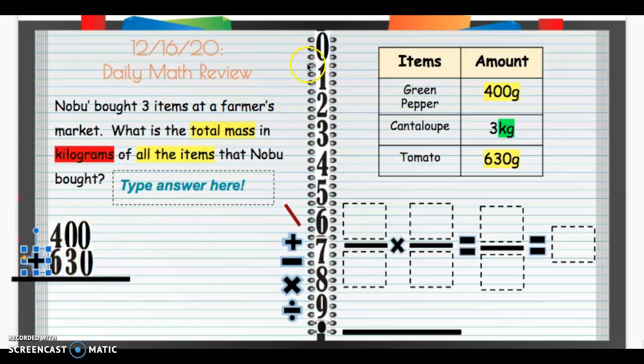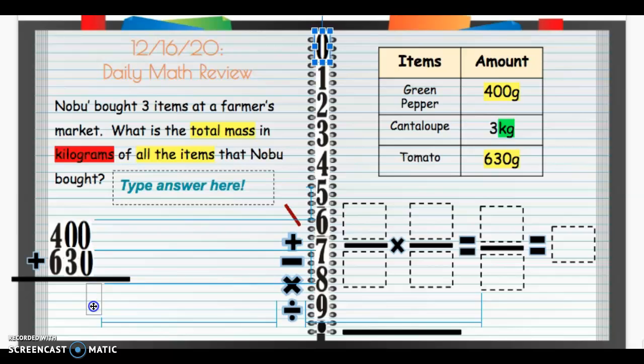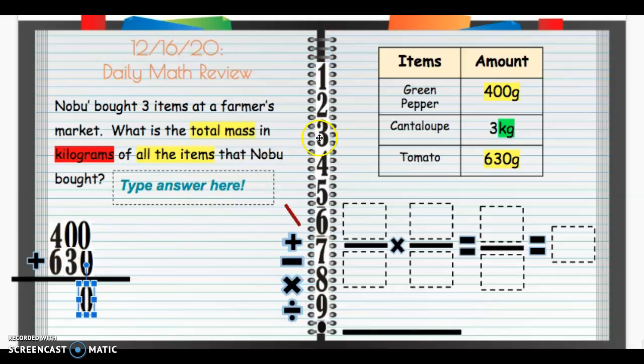0 plus 0 is 0. 0 plus 3 is 3. 4 plus 6 is 10. And again, you'll have enough zeros for you. So you have 1,030 grams